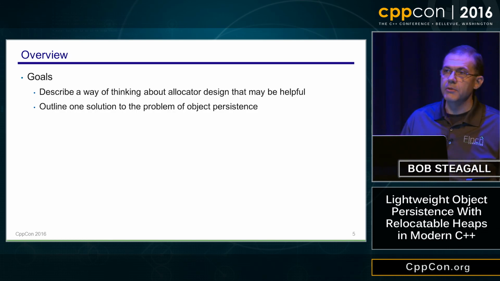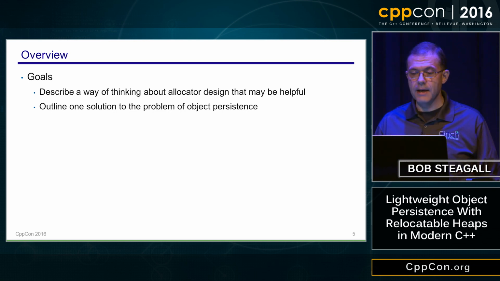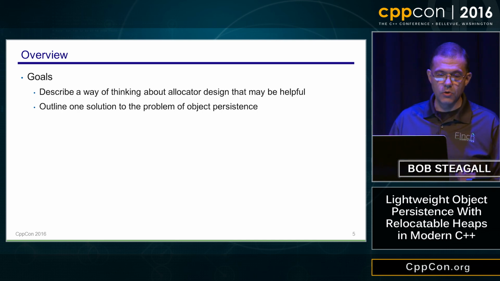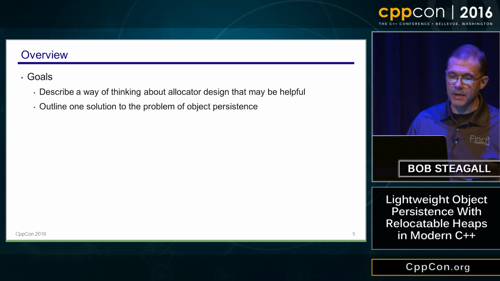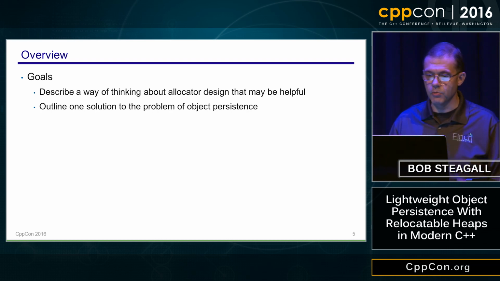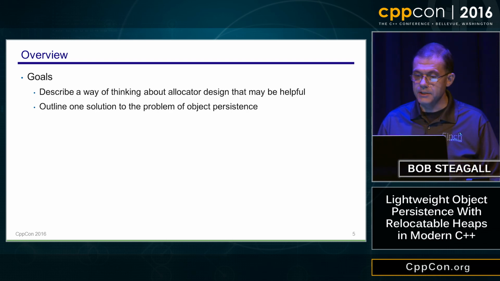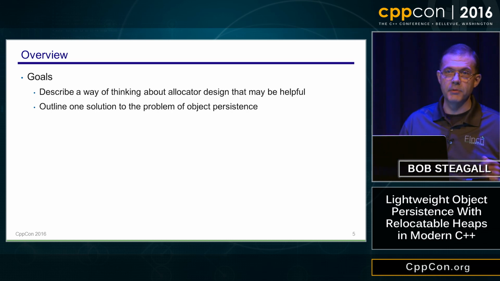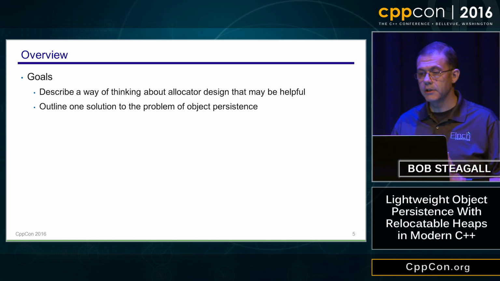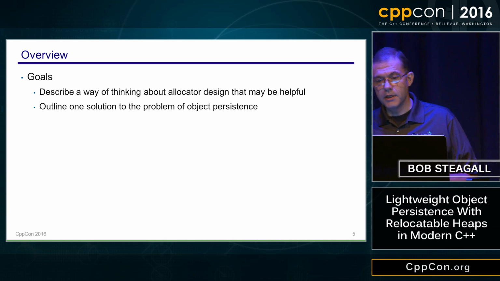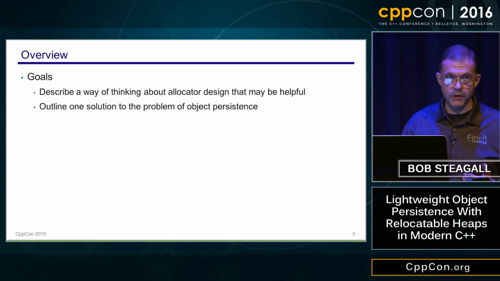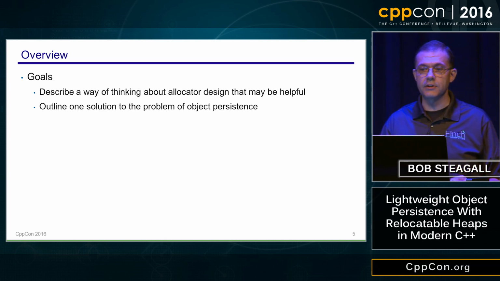I'd like to begin describing what this talk is about. I submitted the abstract for the talk because I wanted to share some results of some work that I've been doing off and on for the last few years. So first, I'd like to describe a way of thinking about allocator design that may be helpful when you design your allocators. I decompose the problem into a small number of concepts which could be implemented as policy types that make designing high-performance allocators a little easier, or at least they did for me. And for my money, this decomposition, or mental framework, if you will, is the most important thing to take away from the talk.